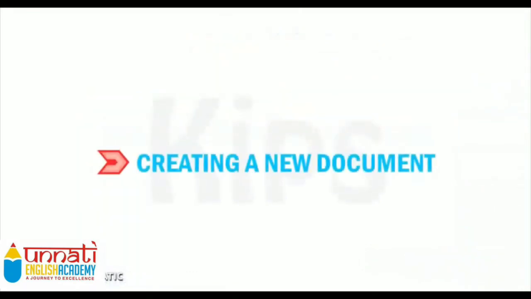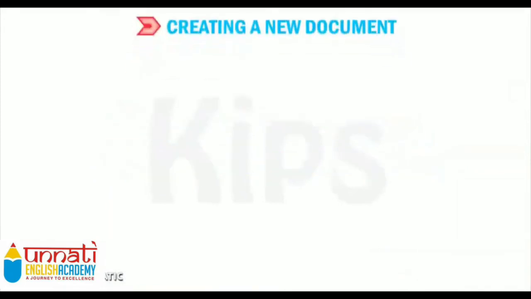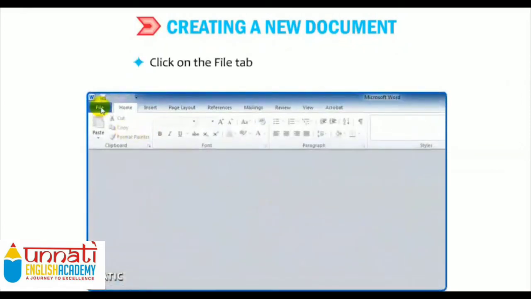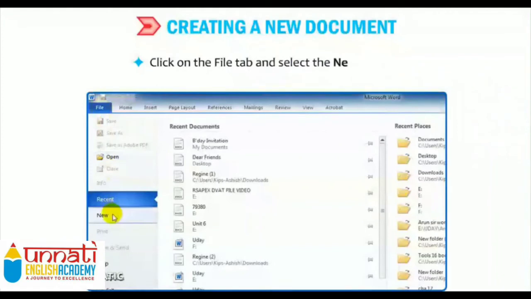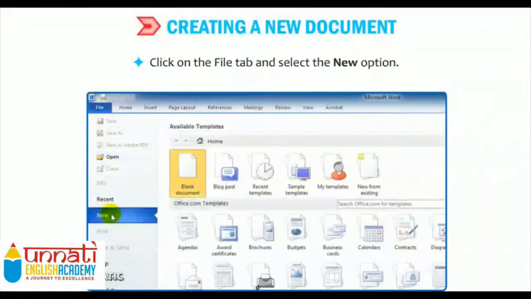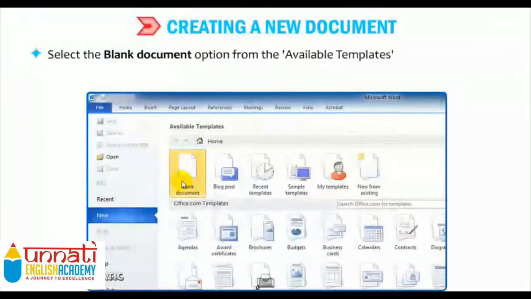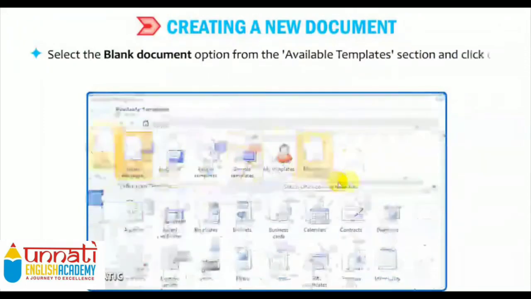Now let's see how to create a document, your first document. To do so, click on the File tab and select the New option. As we are creating a new document, you have to click on the button New. The Backstage view appears. Select Blank Document option from the available templates and click on Create button.